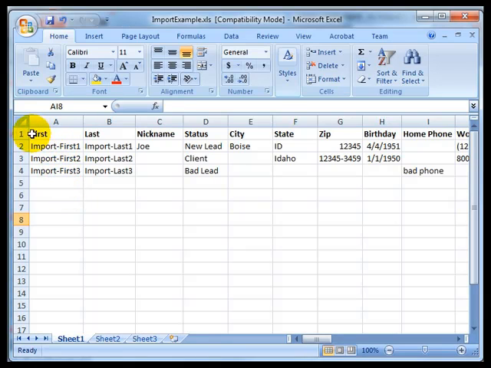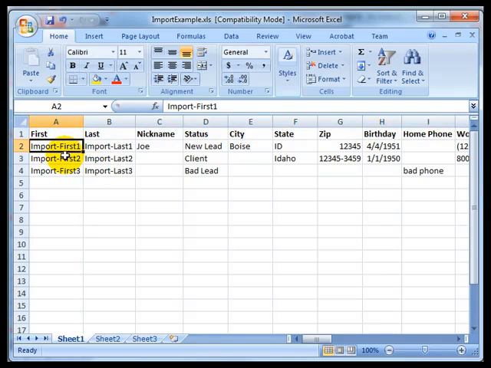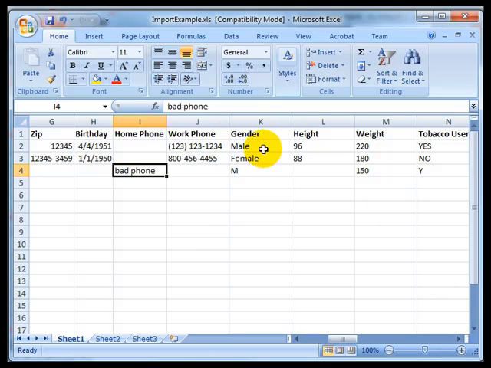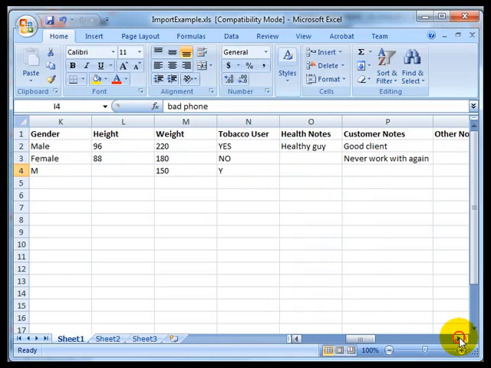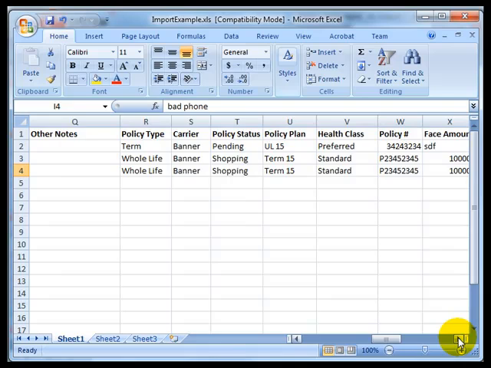As you can see here, I've got my column names in the first row, which is very important. I have 3 contacts that I'm going to import here. They have various different information. We have some full state names, some abbreviated state names, 5-digit zip codes, and more than 5 digits, a bad phone number, which I'm going to do on purpose, and various other information that we're going to import into the system. Over here you can see I have notes, I have other notes, I also have